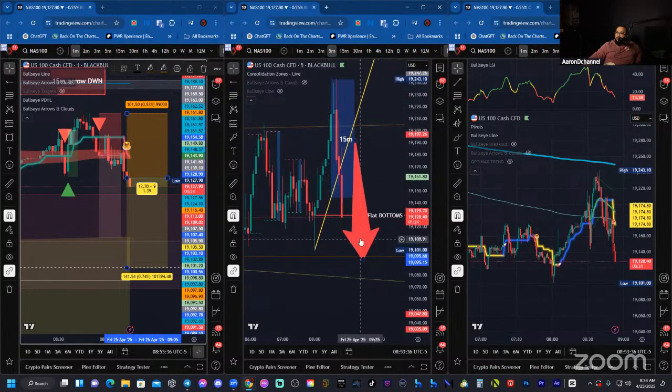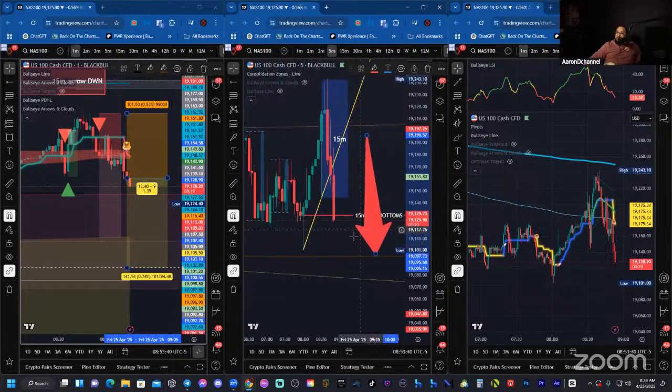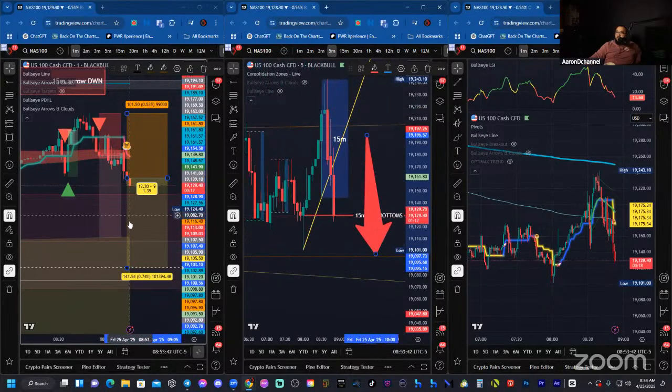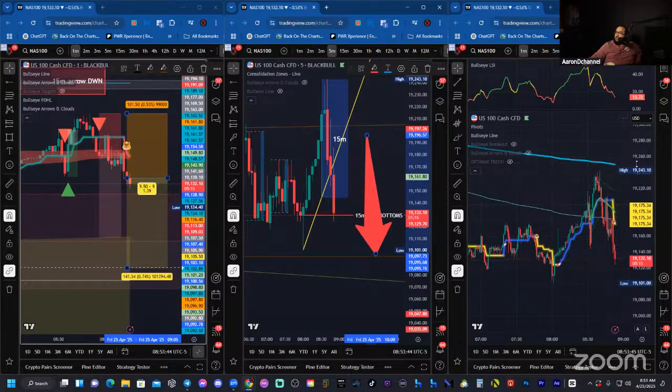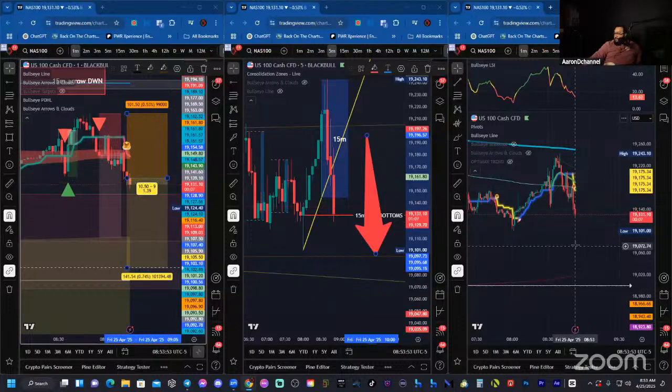I'm anticipating we get a bounce off of this arc. We take out the low, then we get a bounce off the arc. Go up. I don't know. We'll see. I also had a beautiful pivot point right here, so let's give it a second. Let price develop. It's in the hands of the market, people. It's not in your hands.